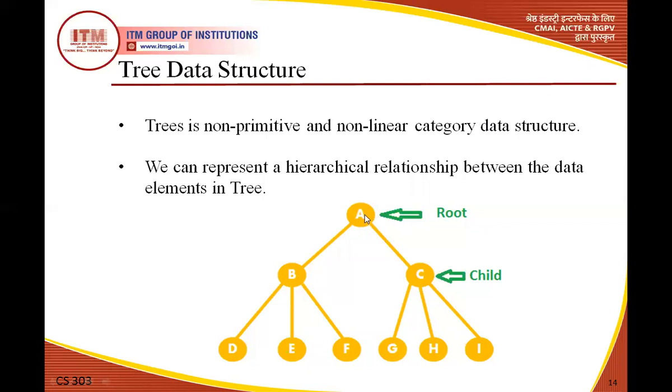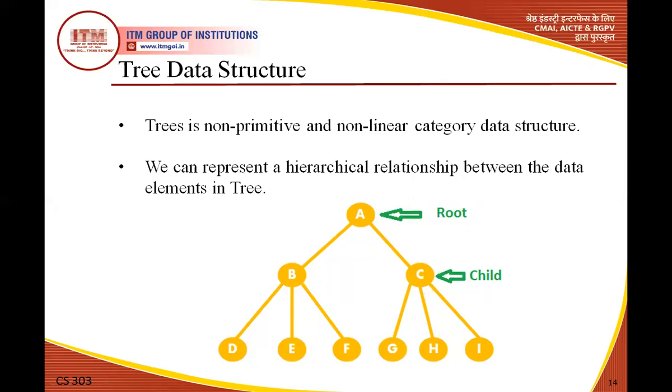It's a parent node, and in the parent node, we have other nodes connected to it, on the left side and the right side. These are called children. So B and C are child nodes of A; D, E, F are child nodes of B; and G, H, I are child nodes of C. So this is just like a hierarchical relationship of the nodes.